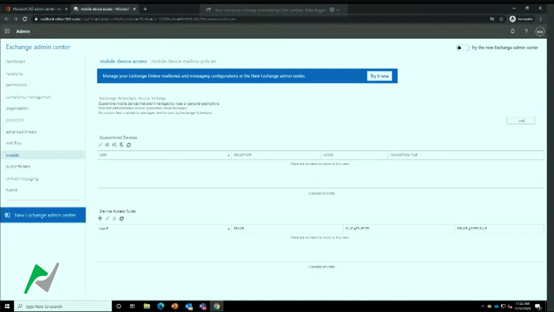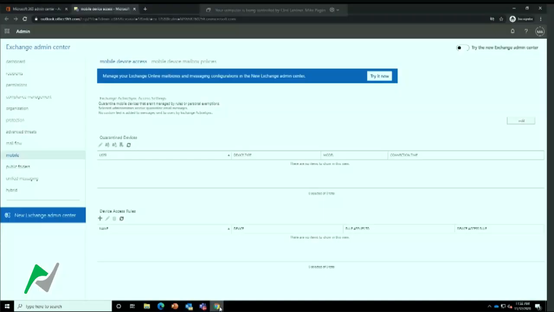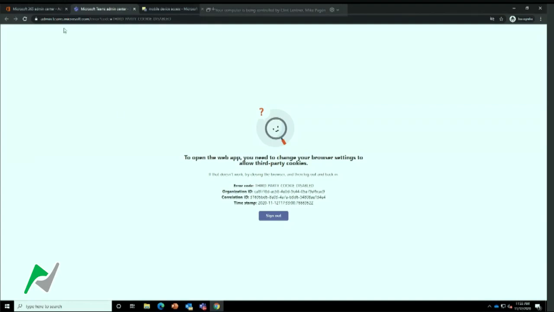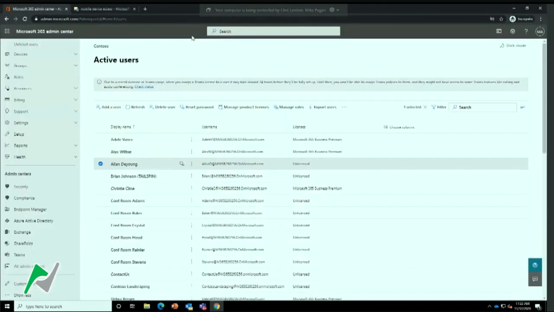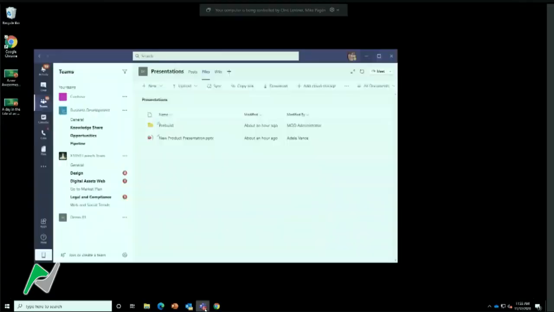So there's a lot of pieces to Microsoft Teams. We're just going to touch on a few things here and there. But with each of these, let's go back to the Admin Center. So again, as I mentioned before, Teams has its own Admin Center, or rather each of these elements have their own Admin Center. All right, so the Teams Admin Center pops up here. I'm going to just go ahead and show you Teams, and then we'll try to get into the Admin Center later. So here's the full